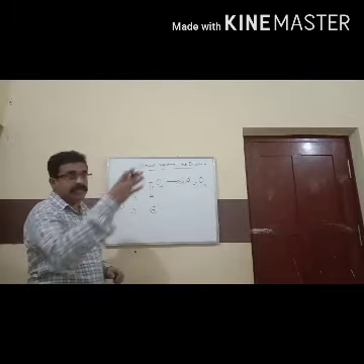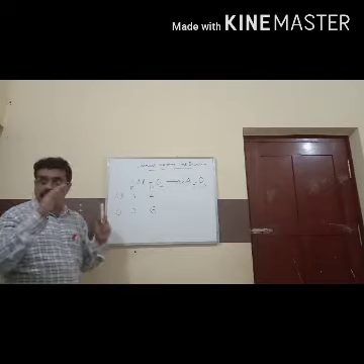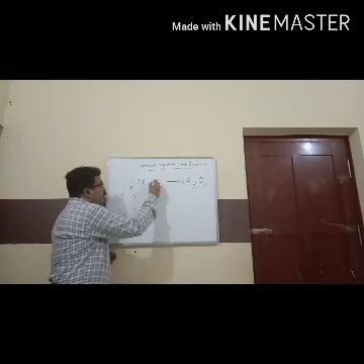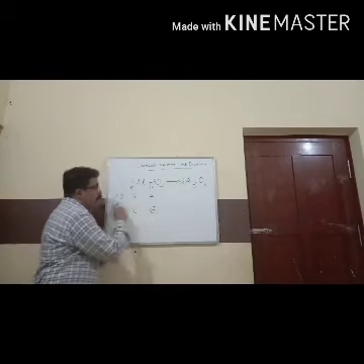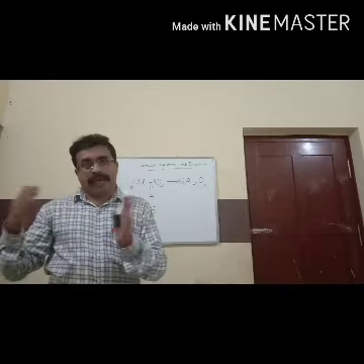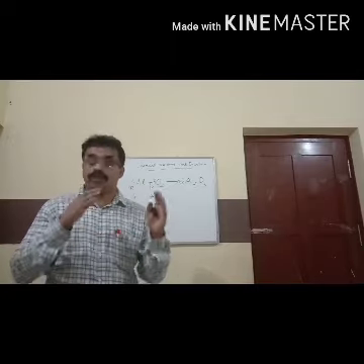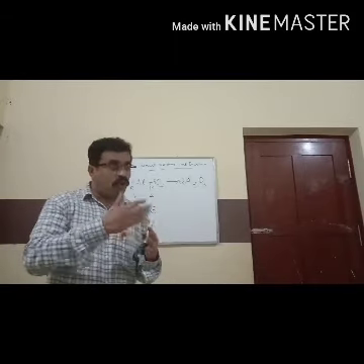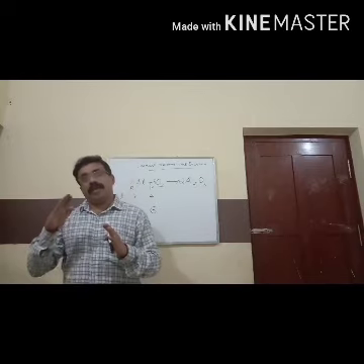Now comes the next step. In the earlier example it was already balanced, now it's not balanced. So in order to balance it, what you have to do? Put a 3 over here. Now this also becomes 6 and this is balanced. In the next video I will be coming up with some more examples, questions and answer sections where I will teach you more of balancing equations. So now I will go to my next topic.